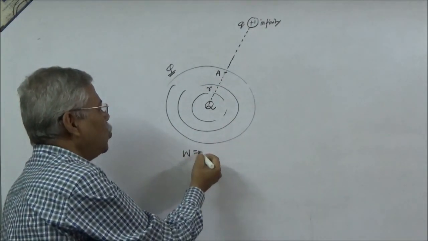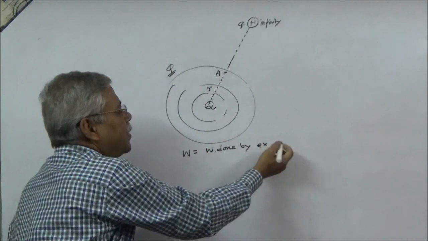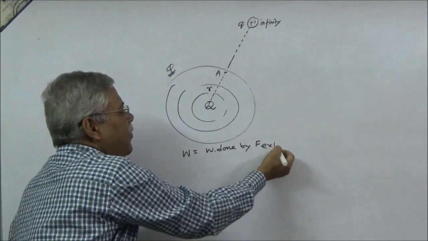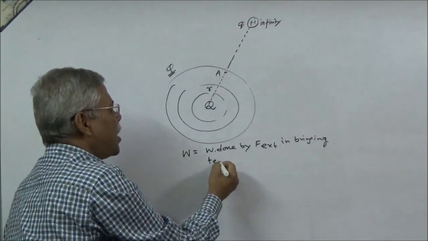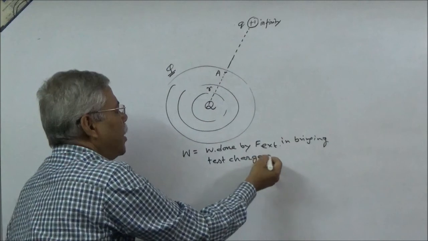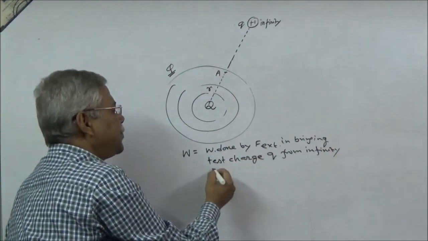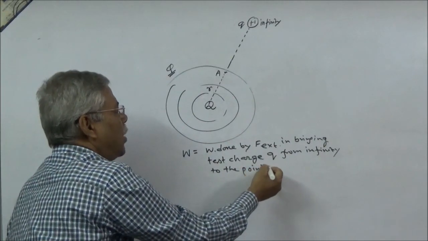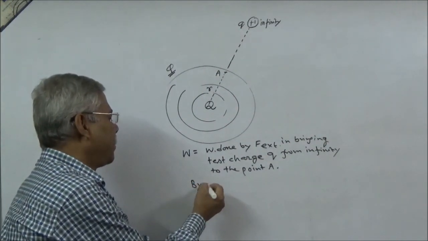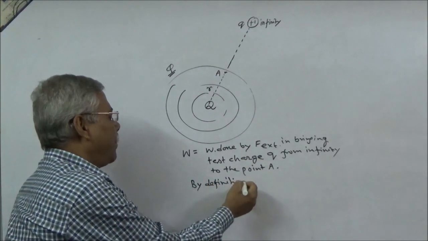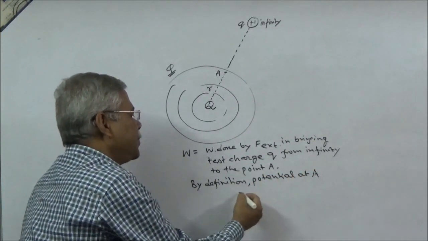So write W equal to work done by F external in bringing test charge Q from infinity to the point A. Then by definition, potential at A, V equal to,